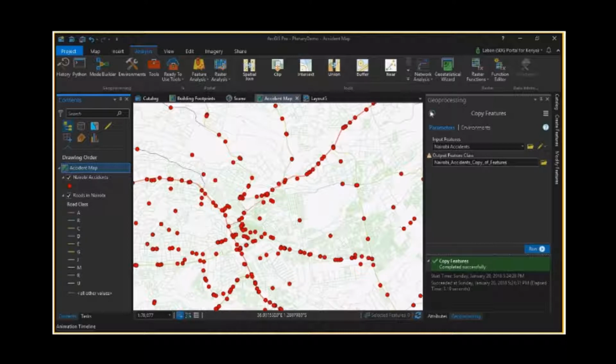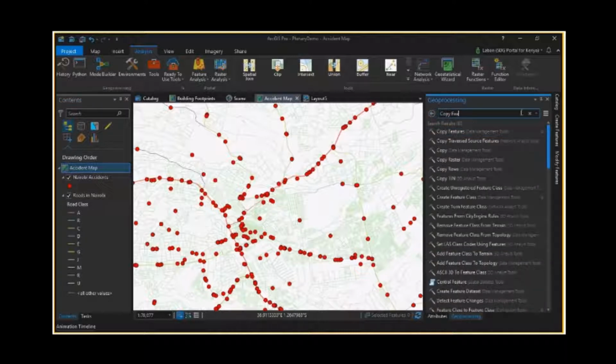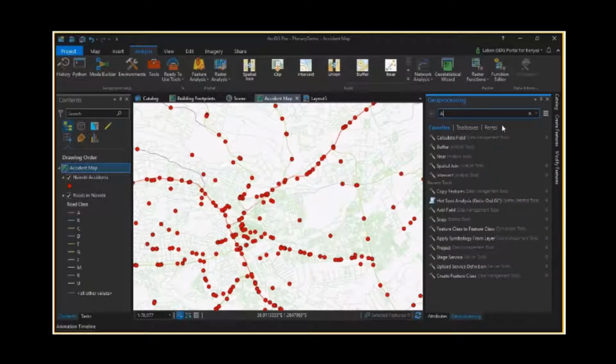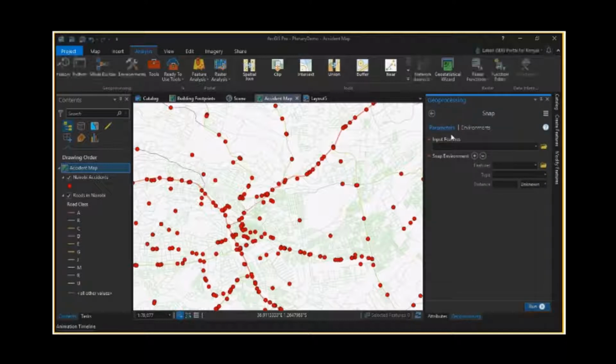Once again, the procedure remains the same. Come to the geoprocessing pane, type in the tool of choice, in my case snap, double click the tool, get parameters. My input parameters are the Nairobi accidents layer. I'm going to create my snap environment and snap it to the roads in Nairobi. And I actually want to snap the features to the edge of a road segment. And I want a distance of, let's say,